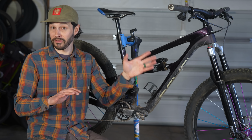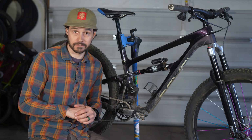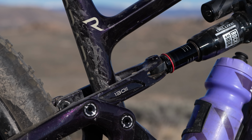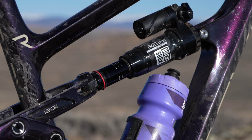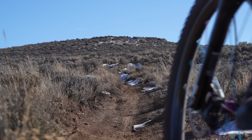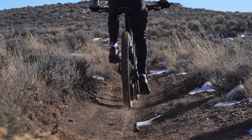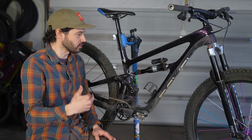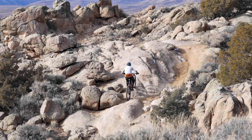a 50 millimeter stem. I think the stock stems are 40 millimeters, and 800 millimeter Race Face bars. So now, talking about suspension, the frame came with this RockShox Super Deluxe Ultimate. You can upgrade to a Fox if you want, but I really didn't have very many issues or complaints with this. It did take a little bit of time to dial in just right, but I almost always kept the shock open. You can lock it out, and it does a pretty good job, but when you're on technical terrain, having it fully open is definitely going to aid in keeping that rear wheel tracking that